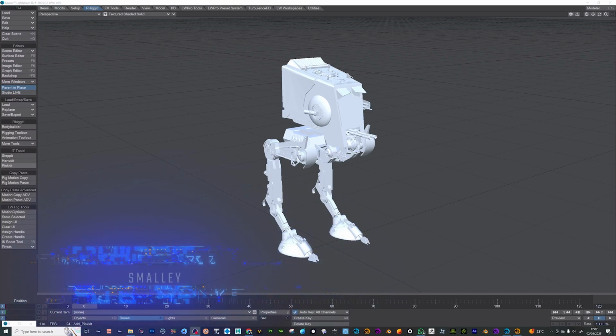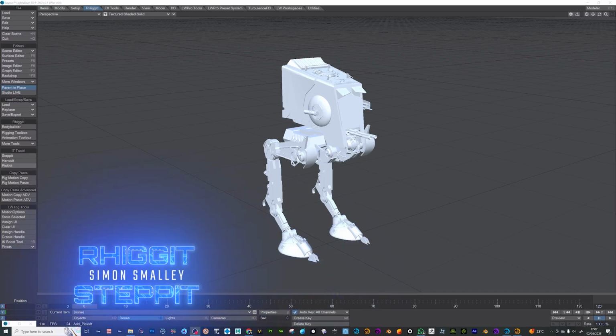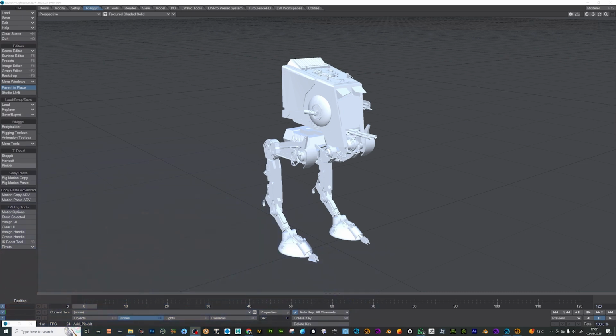Hello, this is Simon for Lightwave 3D, and in today's tutorial I'm going to be rigging and animating this Star Wars ATST. So within this tutorial we're going to prep the model ready for rigging. We're going to rig it with the Rhiggit Bodybuilder, and after that we're going to just get a walk cycle